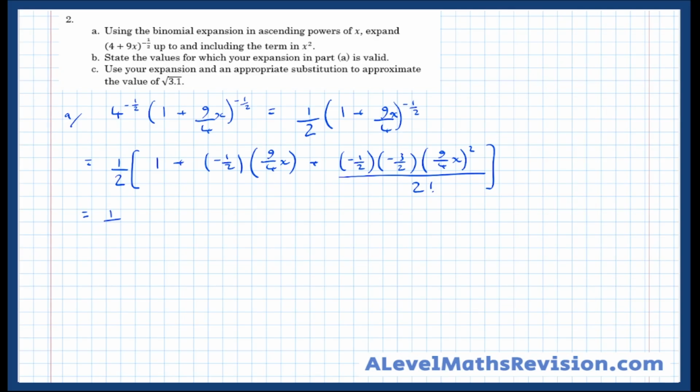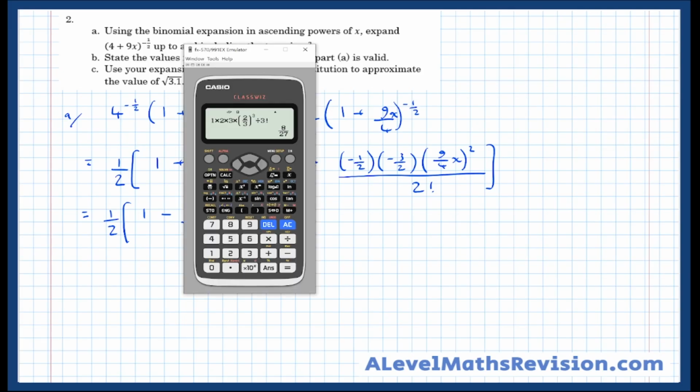Equals, so 1/2 of 1, and that's easily doable in our head. We've got 9/8, so minus 9/8 x. And what I like to do, as you know, is count the minus signs, 1, 2, which makes it a plus, and then just type in the calculator. So 1/2 is 0.5 times 3/2, which is 1.5, times 9/4. Not going to try and do that in my head, but we need to square it. So 9/4 squared divided by 2 factorial equals 243/128